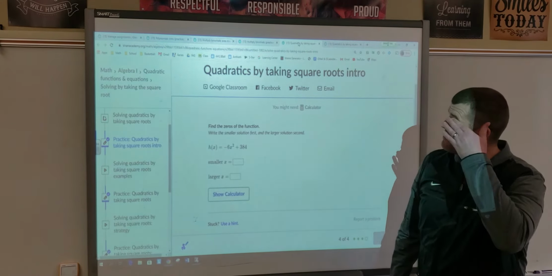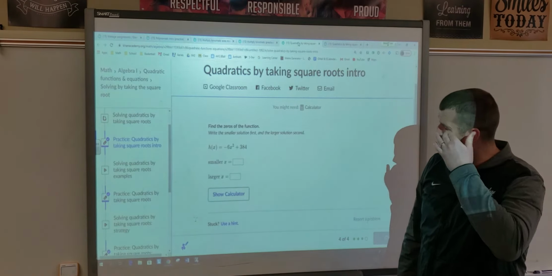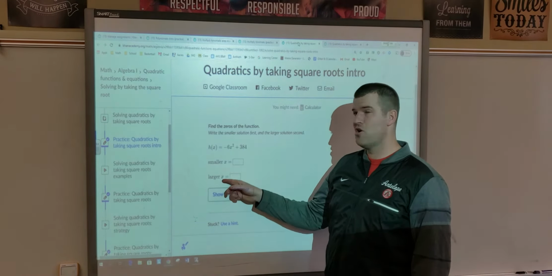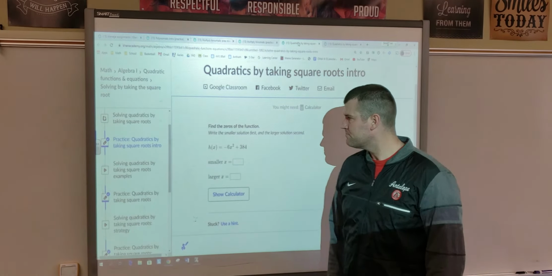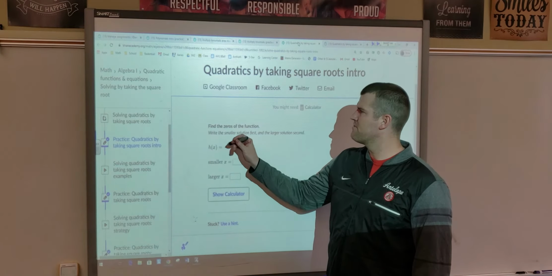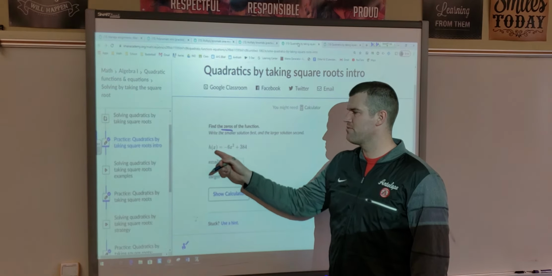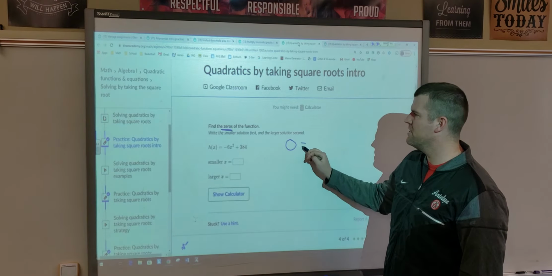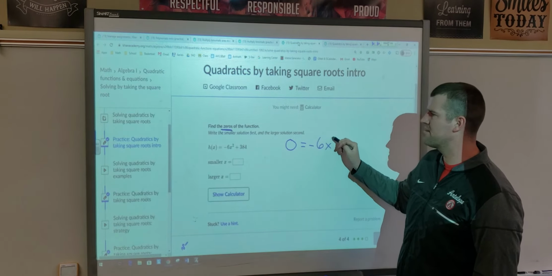The next one is solving quadratics by taking square roots. And the part that throws most students off is this smaller x and larger x, so I'm going to go over that. But again, our goal is to solve this. Since we're finding the zeros, that just means we're going to plug in 0 for the h of x. So I'm going to do 0 equals negative 6x squared plus